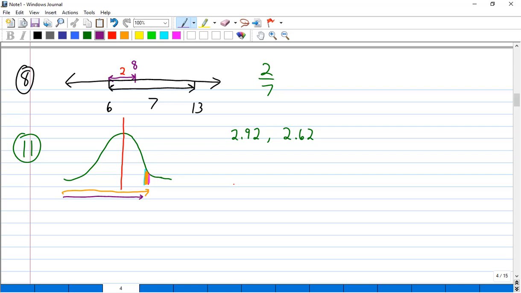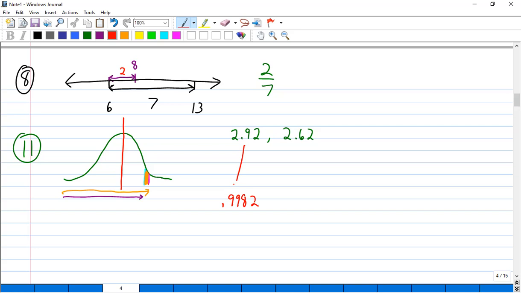All right, we have to do that a lot whenever we're trying to find probabilities between two values. And these areas correspond to probabilities. Okay, so I need to go to my z-score chart, which I've already done, and I need to look up 2.92. So you might want to do that just to make sure you know how to do that. And the area that I got was